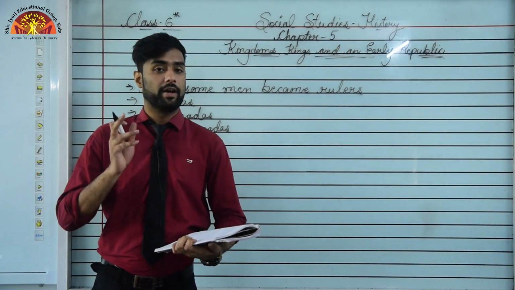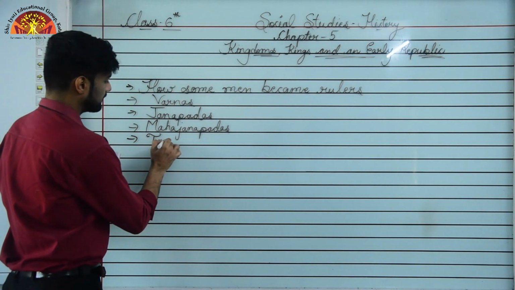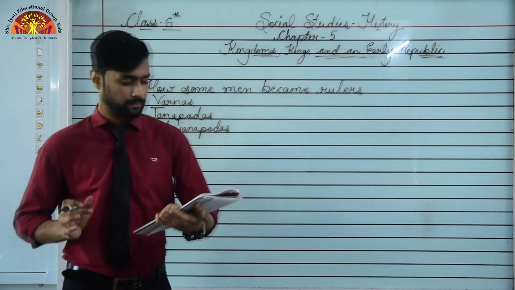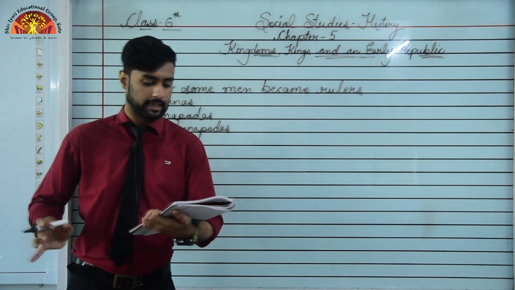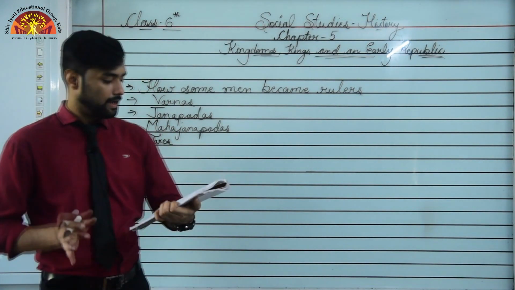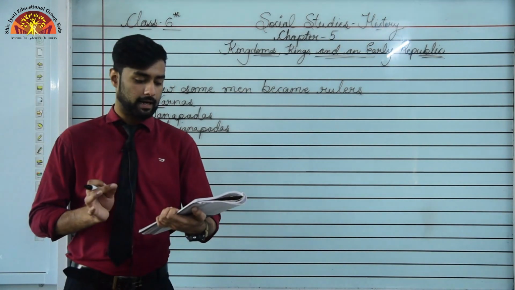So students, our next topic is taxes. Okay, you are all familiar with the term taxes. Let us see what they were. Now the rulers of the Mahajanapadas were building huge forts and maintaining big armies. Underline this first line: as the rulers of the Mahajanapadas were building huge forts and maintaining big armies, they needed